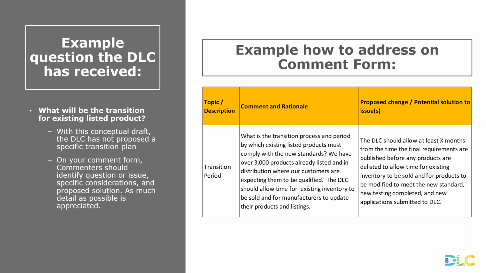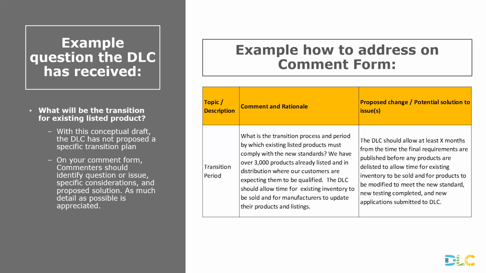And under comment and rationale, what you might do is first list your comment or question and then rationale for why it's important. So here you might say, what is the transition process and period by which existing listed products must comply with the new standards? And then tell us about why this is important, why it matters. So you might say, we have over 3,000 products already listed and in distribution where our customers are expecting them to be qualified. The DLC should allow time for existing inventory to be sold and for manufacturers to update their